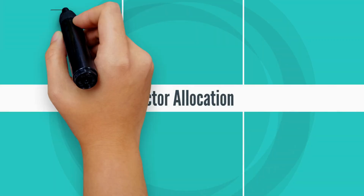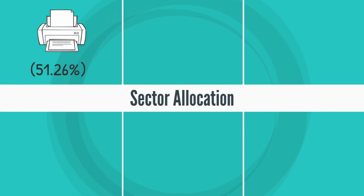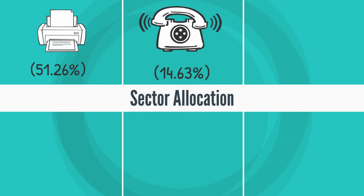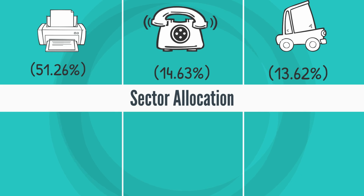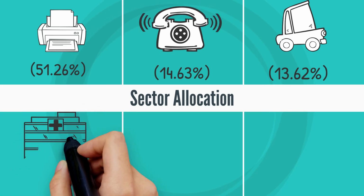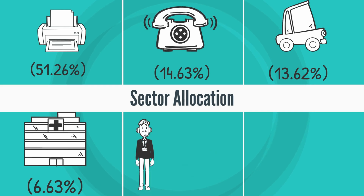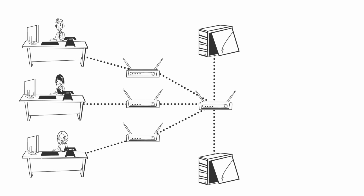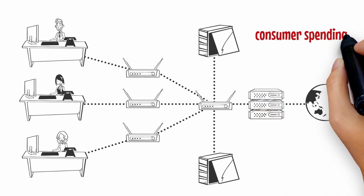Sector allocation is primarily in technology, 51.26%, with significant weight in communication services, 14.63%, and consumer cyclical, 13.62%. The fund also includes minor holdings in healthcare, 6.63%, and financial services, 3.63%, providing a bit of diversification. This sector mix positions ONEQ to benefit not only from the growth of tech, but also from consumer spending and